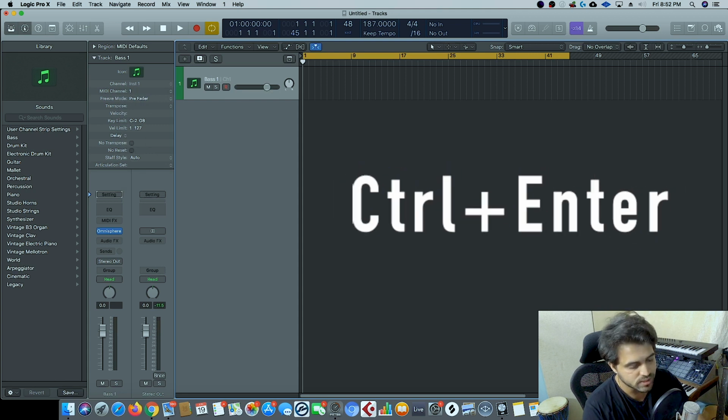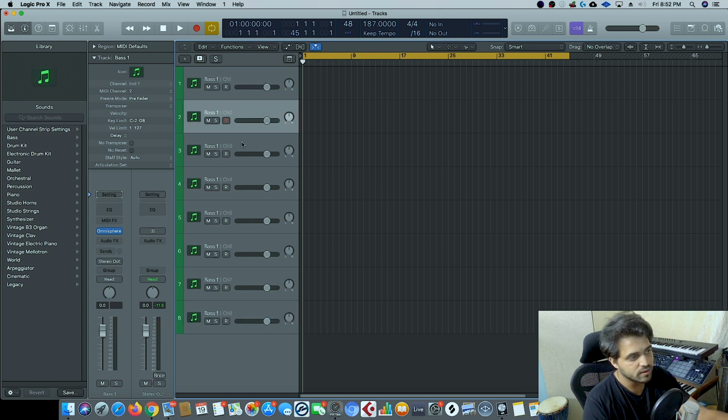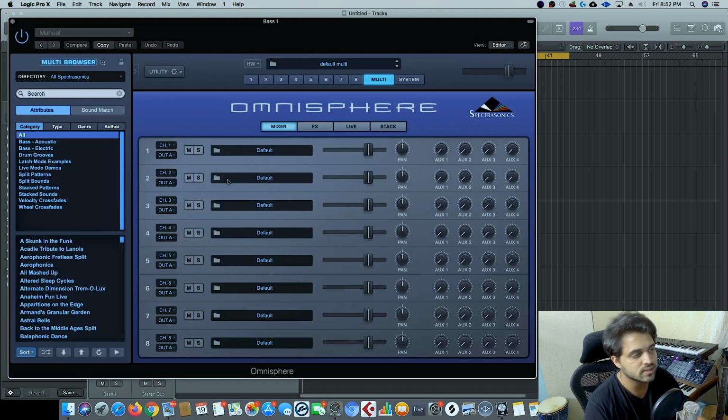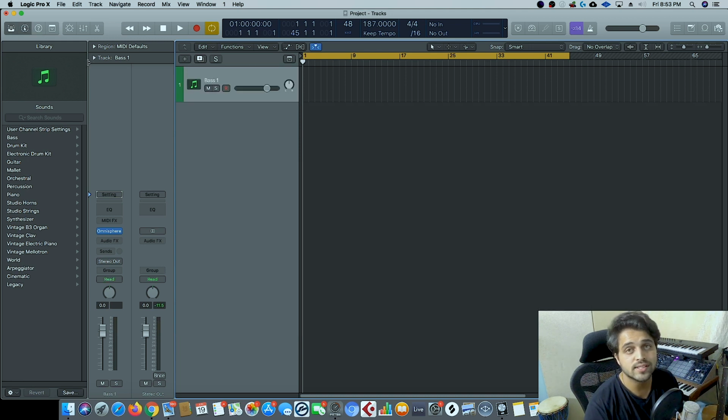Now all you have to do is hit Control Enter, and you can see that same track is duplicated but with different channel number. Now I can trigger 8 Omnisphere tones with just one instance of Omni. You can apply this on Kontakt, you can apply this on any of those VSTs which let you load multiple tones on different channels. So when you're working, you constantly have to zoom in and zoom out to see what is there in the track, and also to get an overview picture.